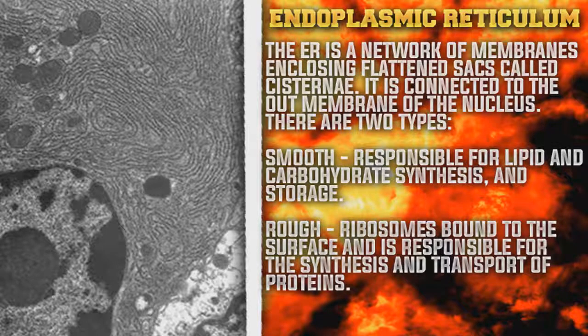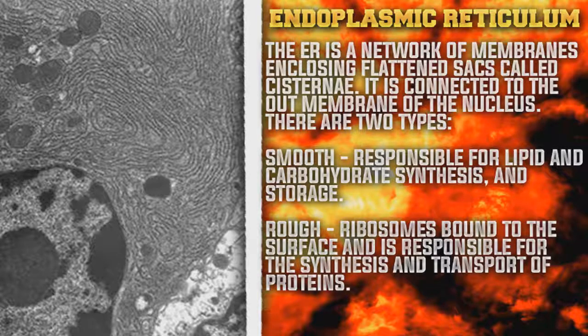The endoplasmic reticulum is a network of membranes enclosing flattened sacs called cisternae. It is connected to the outer membrane of the nucleus, and there are two types. So you've got your smooth and you've got your rough endoplasmic reticulum. The smooth endoplasmic reticulum is responsible for lipid and carbohydrate synthesis, and it's also responsible for the storage of those molecules. The rough endoplasmic reticulum has ribosomes bound to the surface of it and is responsible for the synthesis